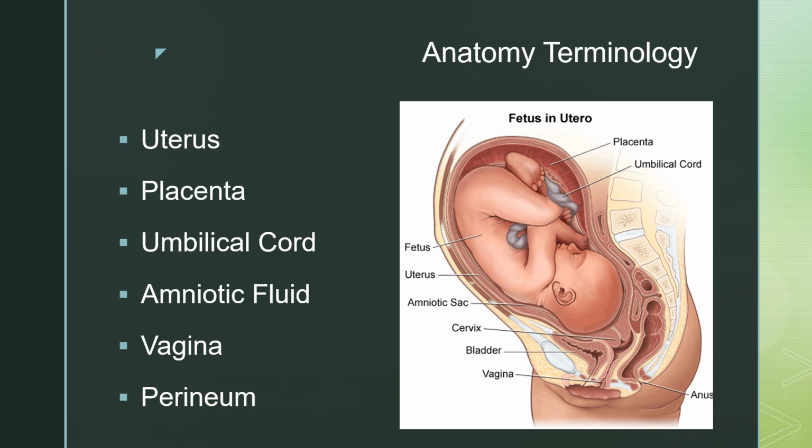The umbilical cord is cut, usually delayed cord clamping, a few minutes after delivery, and then the stump that's left on the baby will dry in a few days and fall off naturally, and then that's where everybody's belly button comes from. It's a very powerful organ, the uterus, the placenta, the umbilical cord, all working together to support that